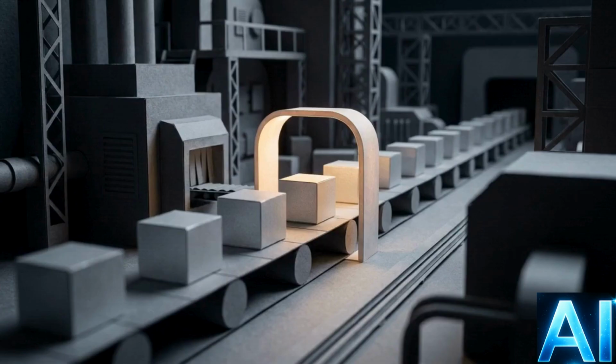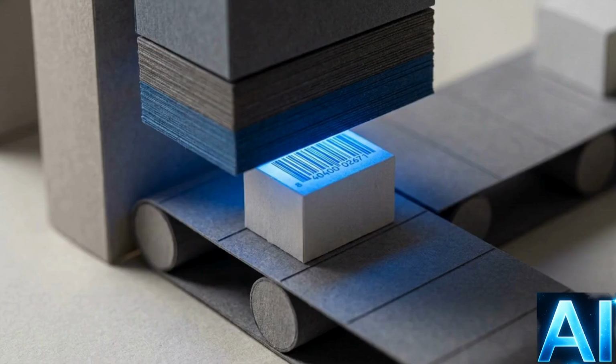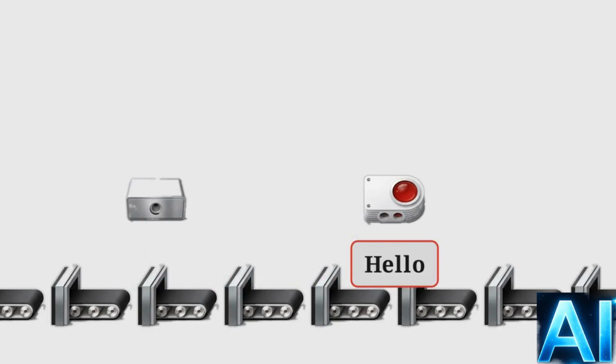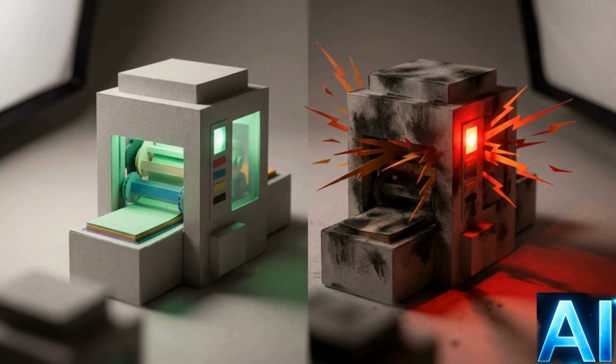Before the AI can even begin to think about your prompt, your text has to travel down a digital assembly line. We call this process tokenization. The first step chops your text into chunks. A scanner stamps each chunk with a unique ID number, turning hello into 1234. Finally, that ID floats off the belt and plots itself onto a massive grid, acting like a GPS location for ideas.